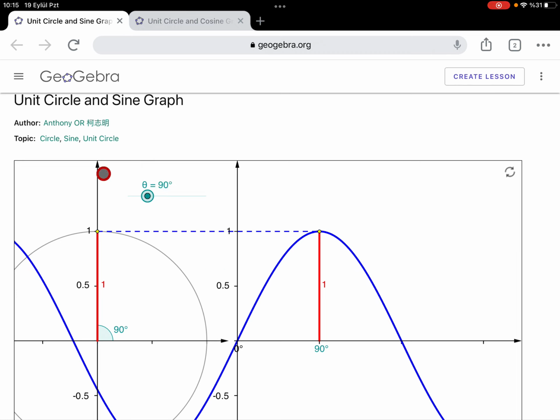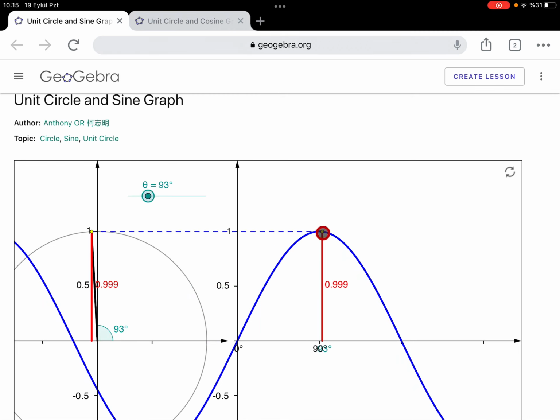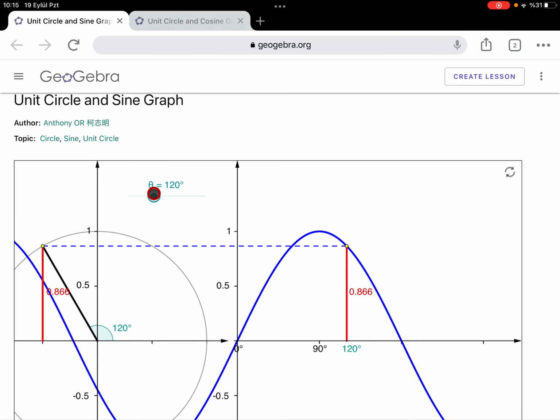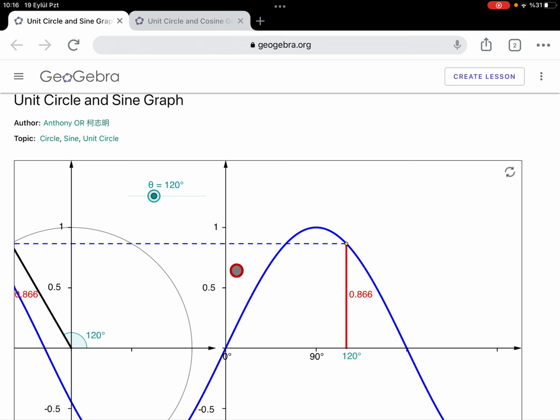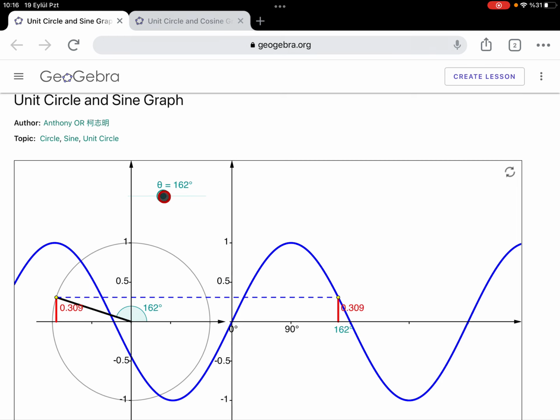So the graph of the sine x function from 0 to pi over 2, or 90 degrees, is like this part. So this is increasing. The sine function is increasing from 0 to pi over 2. After the point pi over 2, or 90 degrees, it starts to decrease. So on the interval pi over 2 to pi, it is decreasing. As you see, this length decreases, and when the angle is 180 degrees, sine x becomes 0.